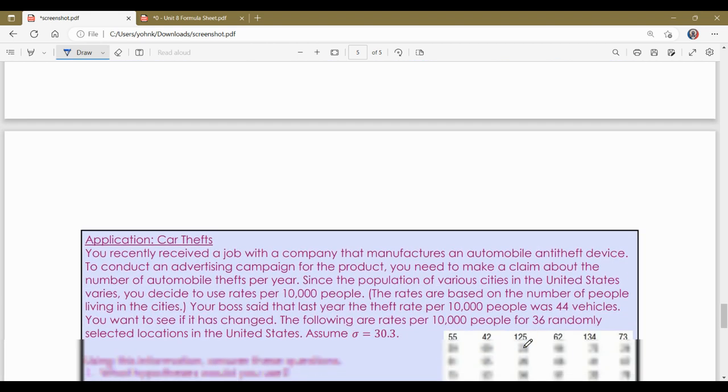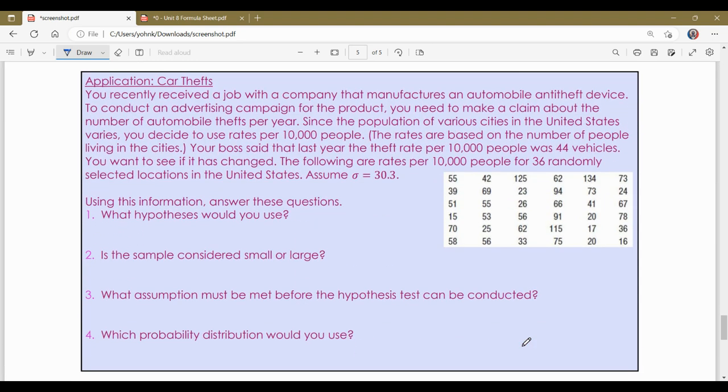All right, one more problem, the application problem. This one's about car thefts. You recently received a job with a company that manufactures an automobile anti-theft device. To conduct an advertising campaign for the product, you need to make a claim about the number of automobile thefts